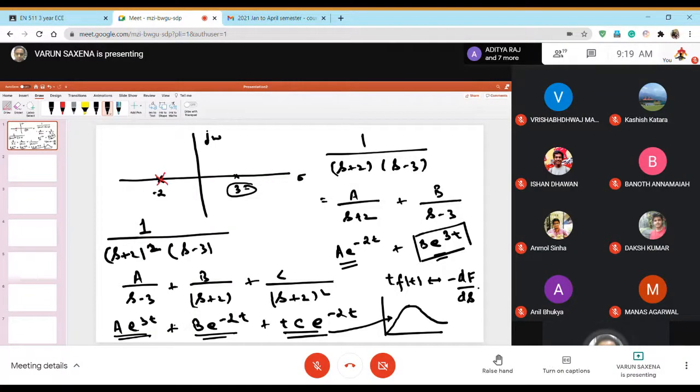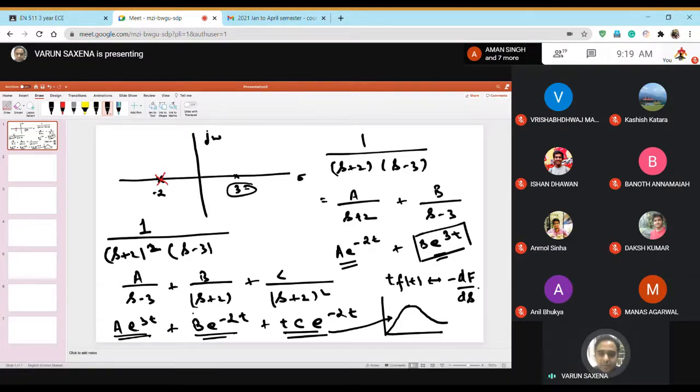We say that we want all the poles to be on the right hand side of the S plane. So this was one case that we studied where we were considering simple poles, real ones on left and right. This is the second case that we studied when you have a double pole on the left hand side and you have a single pole on the right. And the system is again unstable primarily because of this.